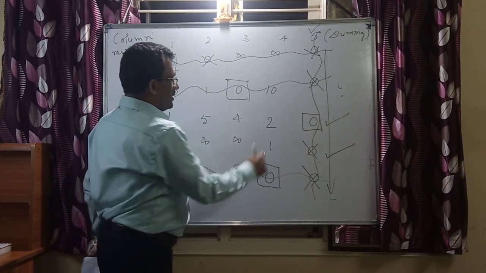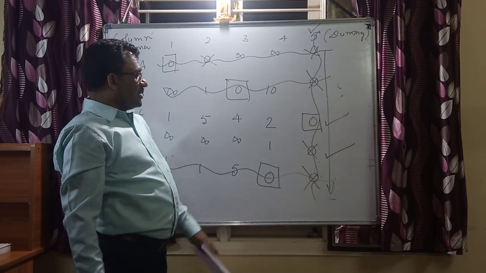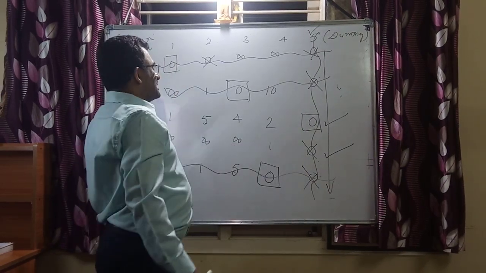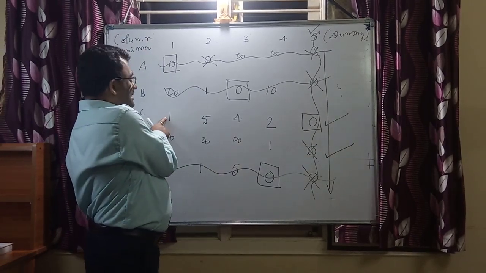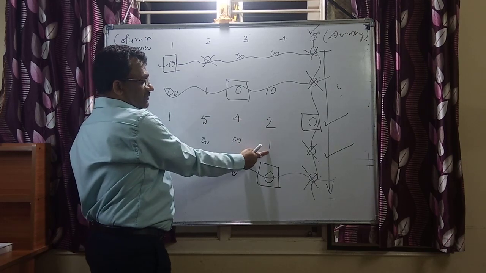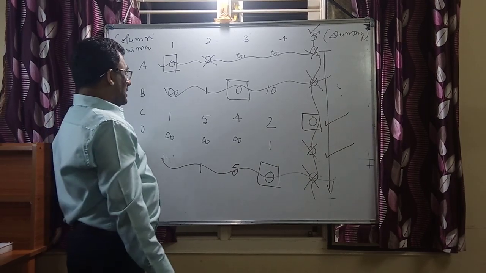Now look for this one. The least uncovered is identified. This least uncovered is going to be added to the intersecting element, and the rest of the uncovered elements are subtracted by this least uncovered. That is, here if 1 is the least, 1 minus 1, 5 minus 1, 4 minus 1, 2 minus 1, and 1 minus 1. Infinity doesn't matter, just leave it as it is. It's not going to change.